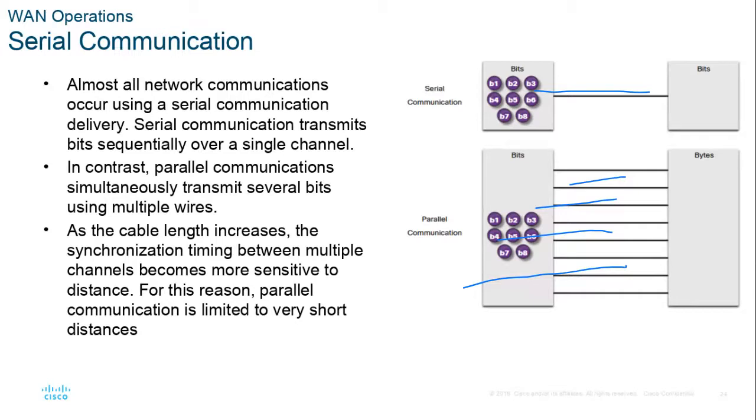Where did all the printer ports go? No one has them anymore. Well, they use USB ports now, which are very high-speed serial ports. So it's all gone to 1 bit at a time. All 8 bits go down the wire 1 bit at a time. The problem with the old parallel system is if the wires got longer than about 10 or 15 feet, they could get out of sync with each other.